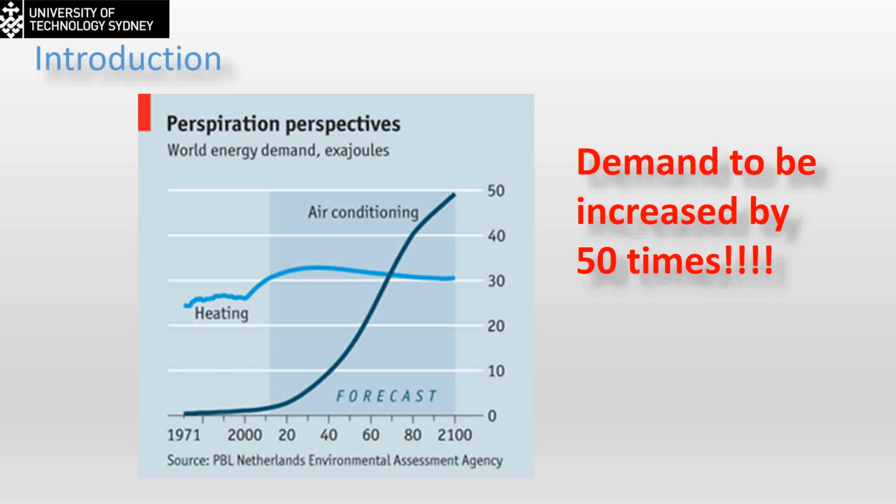That's the demand for air conditioning in the next 80 years. Now we are standing at this level, something around 3 exajoules. That's good. Temperature is increasing, the technology is getting cheaper for the conventional system, and the living standard is increasing, so everybody is now capable of buying an air conditioning system. By 100 years, it is going to increase by 50 times. That's a disaster.